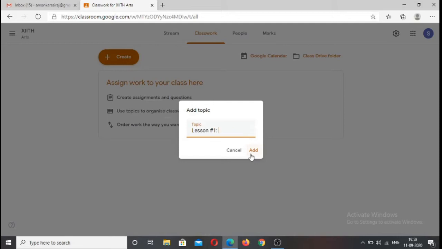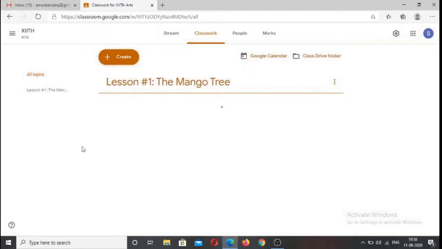Let me name it the mango tree. This is my lesson. Okay, so I will click on add. Once you click on add, your lesson has been created. That is, the topic has been created, and we need to post material under that particular topic.